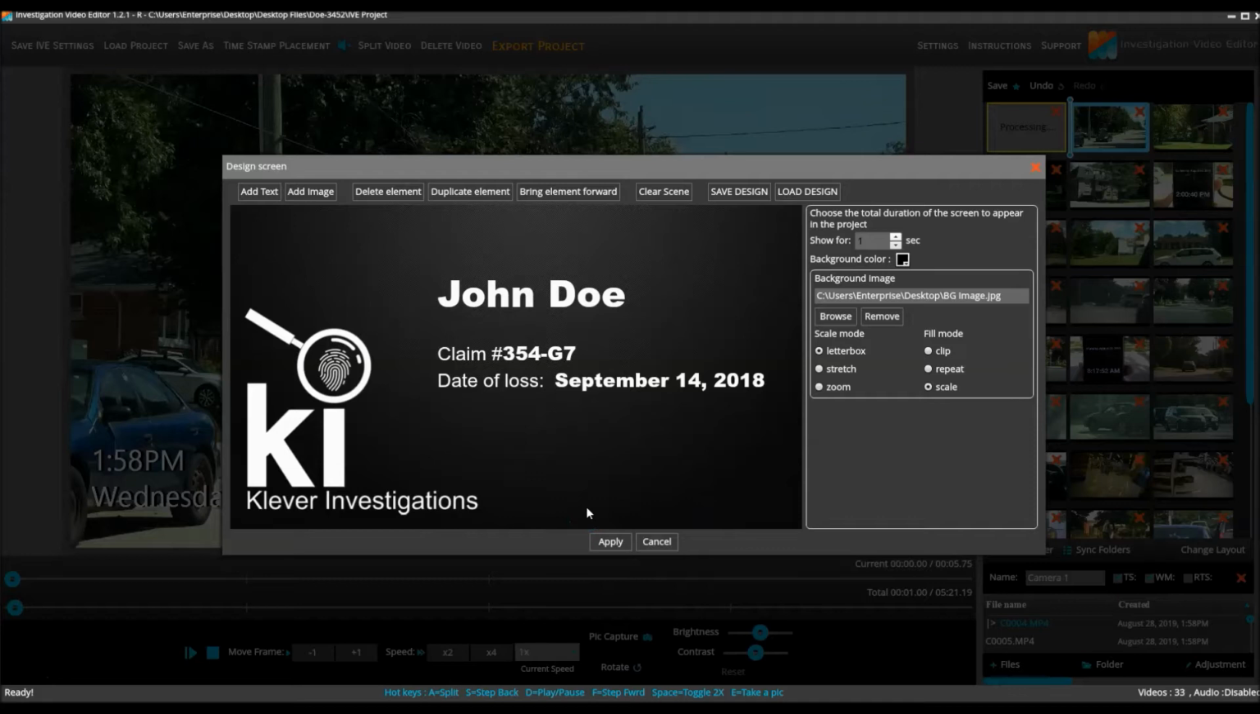Once I am done that, the last thing that I have to do is to set the duration that I wish to have the screen play for. I will choose 5 seconds. Once you've done that, you can save the design screen